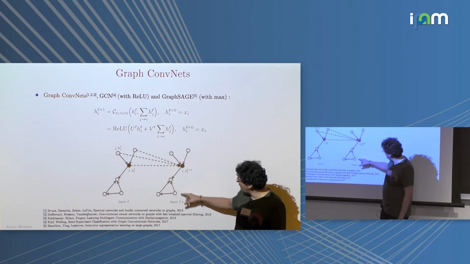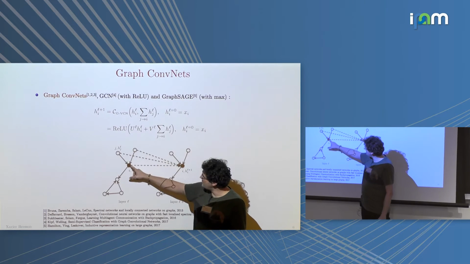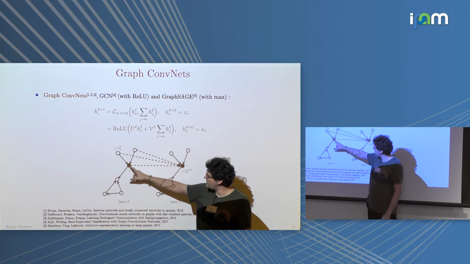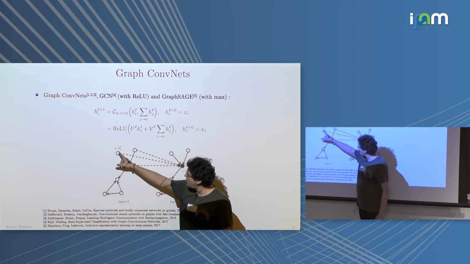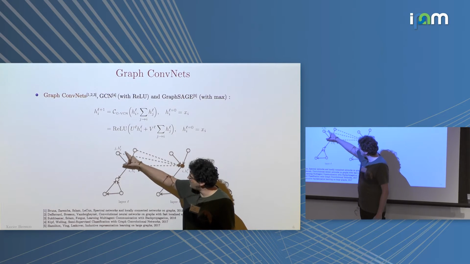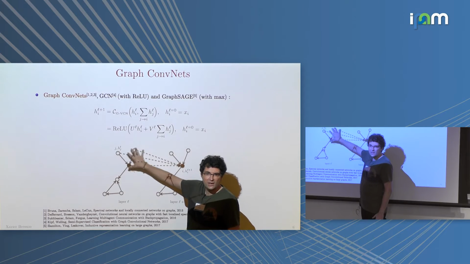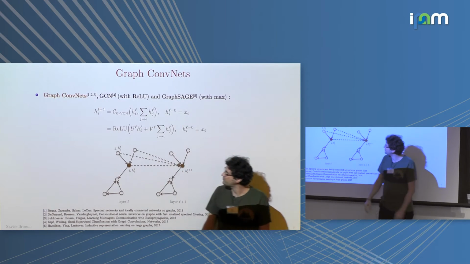At the next layer, you're going to use the neighborhood of this vertex in the previous layer, and also you're going to use the same vertex here. So in an image, usually you have a grid. You have a 3x3 grid around, and then you are going to use this 3x3 grid to construct a new feature. So it's just a generalization here.